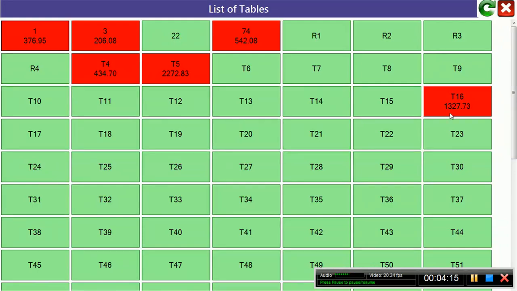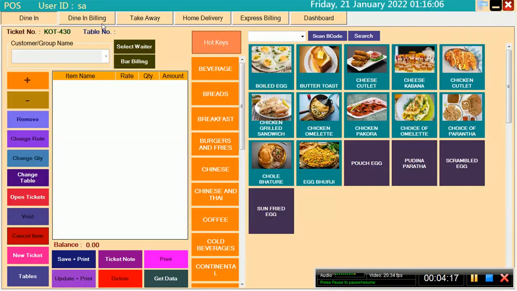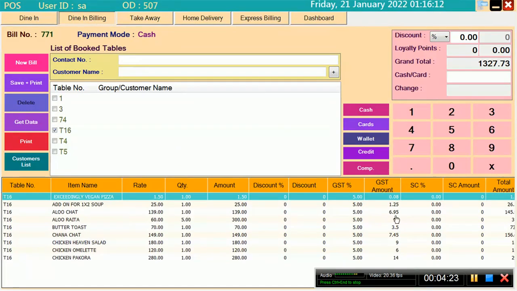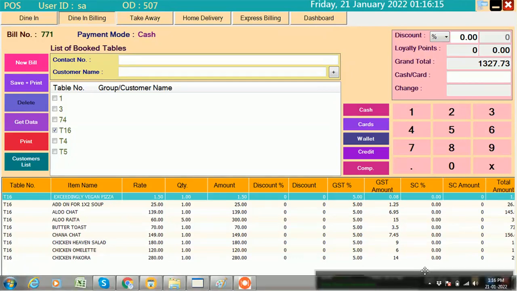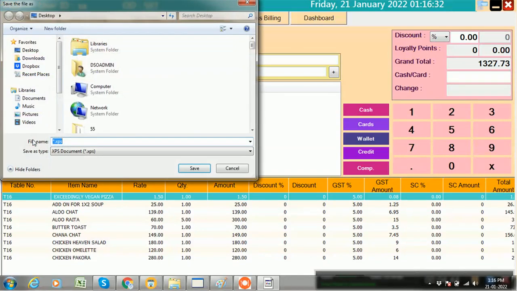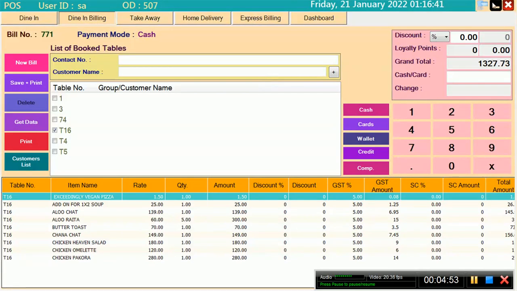Anytime you want to take a bill, for example table 10 is vacant, now table 16 is filled. Whenever your customer or your waiter comes to make the bill of table 16, just click on table 16. All the items are shown here and you can easily view that. Everything, tax amount with GST amount, just select the payment mode. If you want, first of all give him a temporary bill, because sometimes we don't know how the customer will pay the bill, then we can also directly print. This is a temporary bill, not a complete bill. So I will give the name temporary bill. I will show you also.